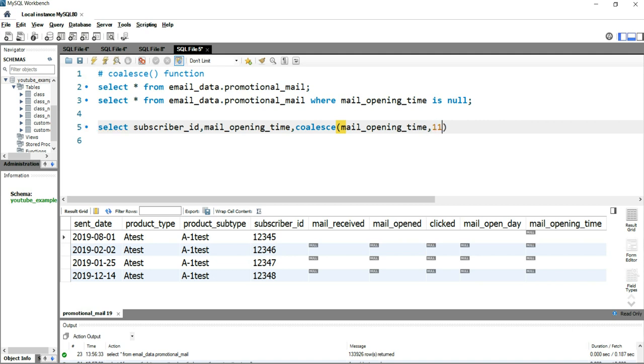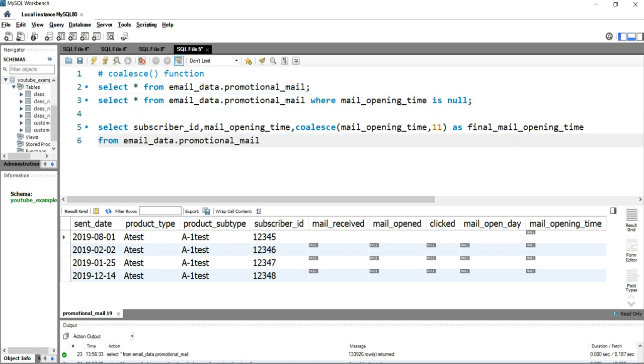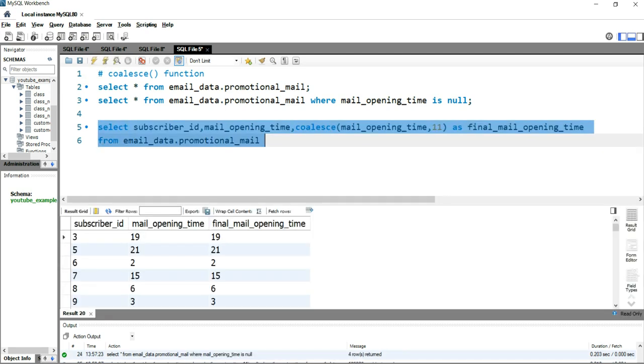So I'll put simply 11 and then I'll rename this column as final mail opening time. Now what we have to do here is put this table name, from the table name, and if I run this query, you will see that you have subscriber ID, mail opening time and final mail opening time as your result set.